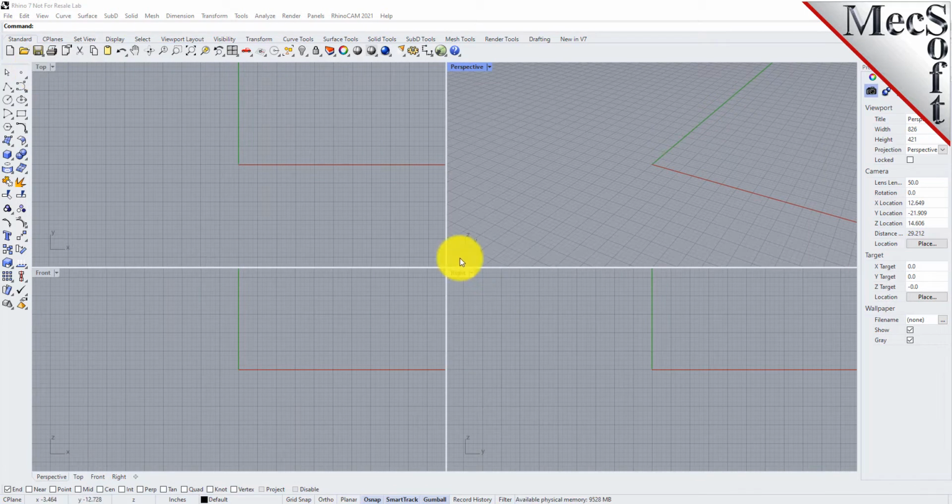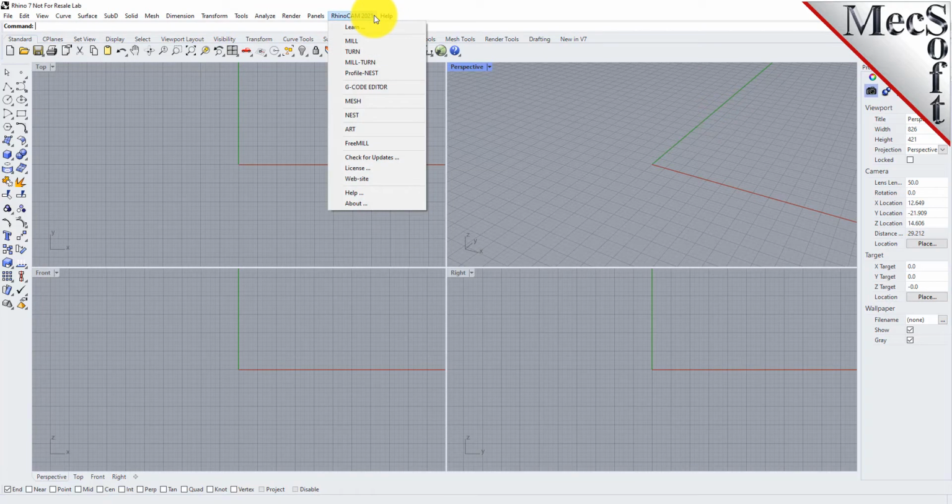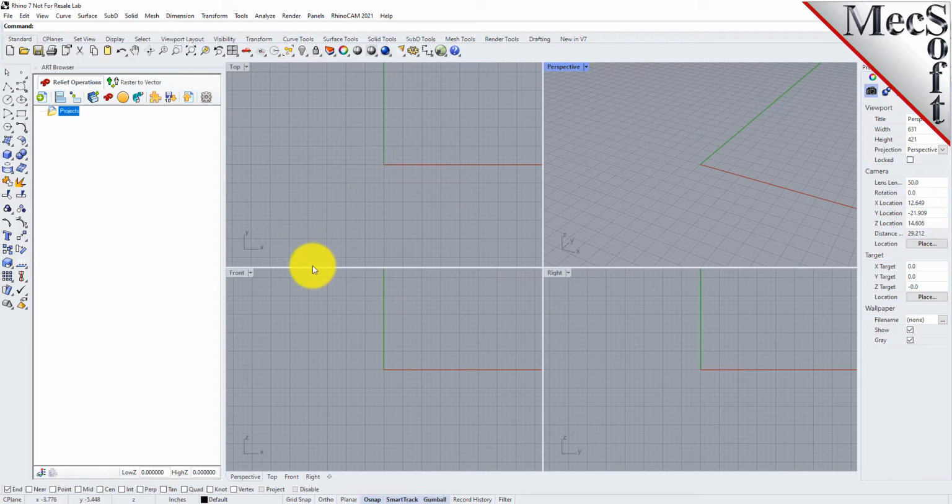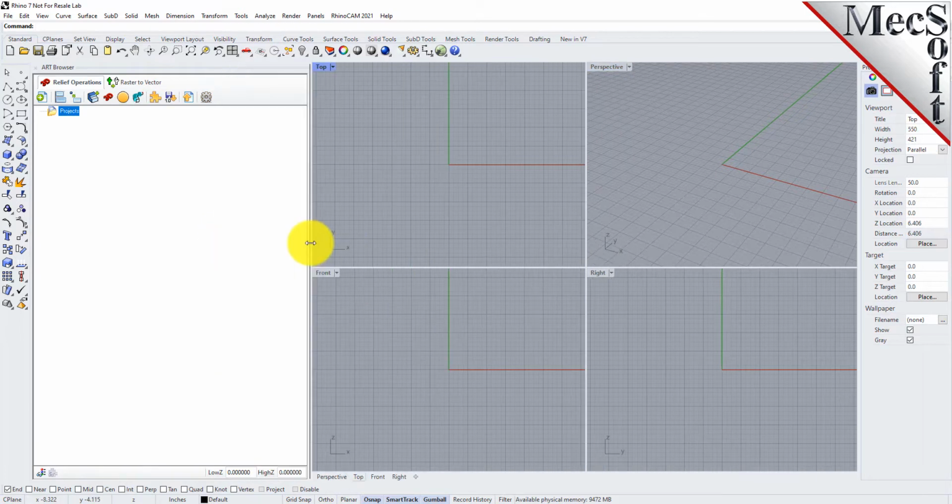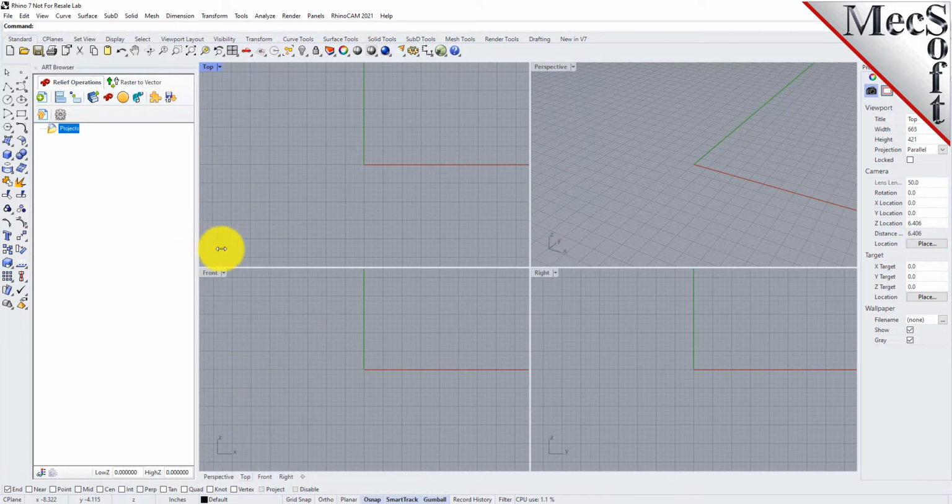Now, let's begin by launching the RhinoCAM-ART module. From the Rhino main menu bar, you will see the RhinoCam menu item. Drop down the menu and pick ART to load the ART module. Docked on the left, you will see the ART browser. You can resize the width of the browser, making sure that all of the command icons and menus are easily